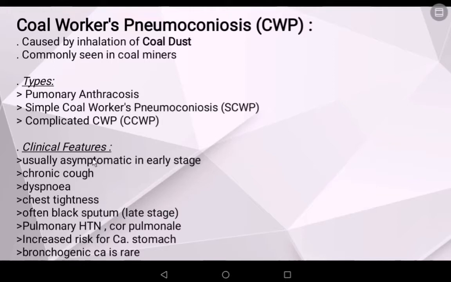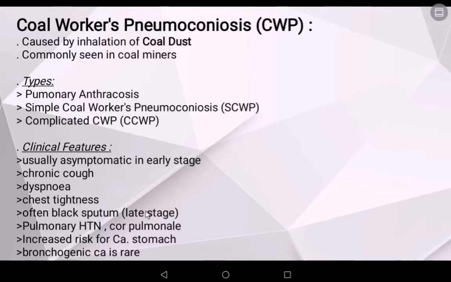Looking at the clinical features, as I have told you before, these are asymptomatic in the early stages and the person does not develop any kind of symptom. It only occurs when the patient has been exposed for many years in his occupation. So the usual symptoms are chronic cough, especially at night, dyspnea or difficulty in breathing, chest tightness, often black